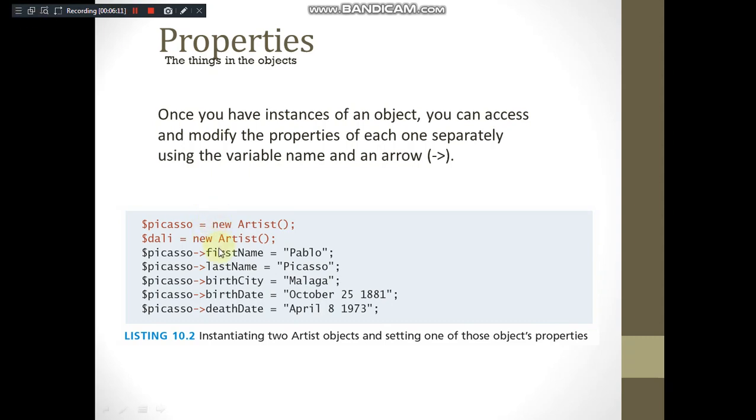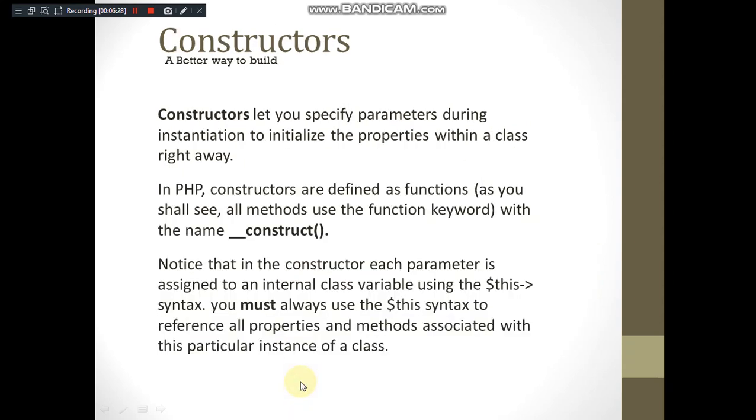Already we have created these two, right? We can access the instances of that by using the arrow mark in between. This also is a similar syntax to what we observed in Java. So we can just assign the values for this like in any other native languages of object orientation.